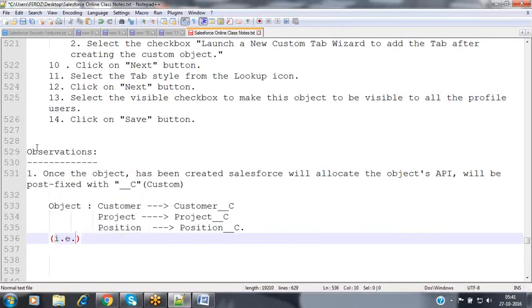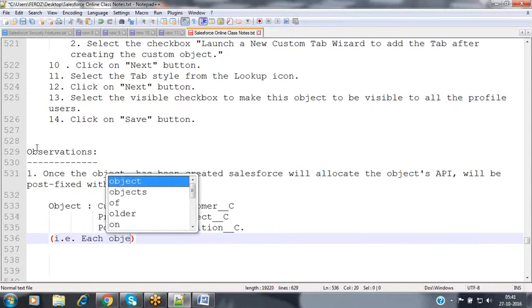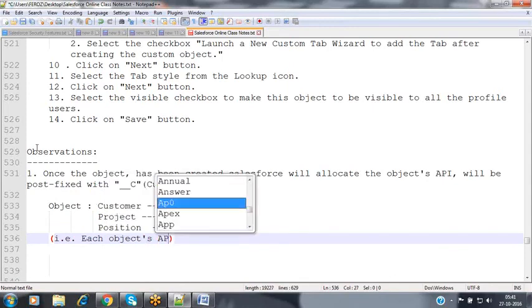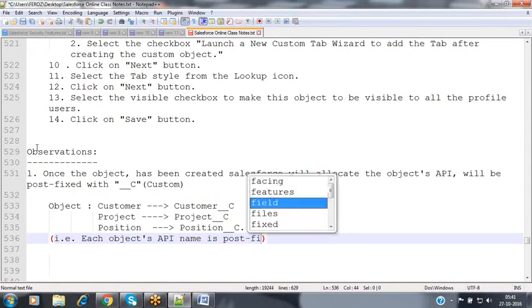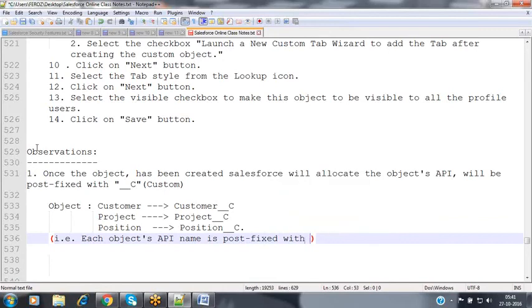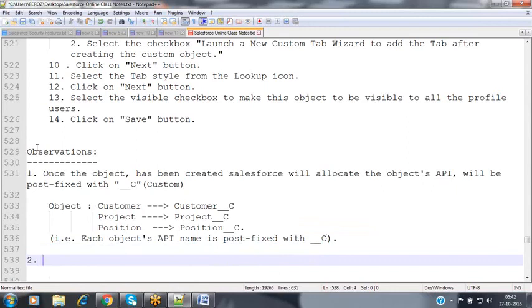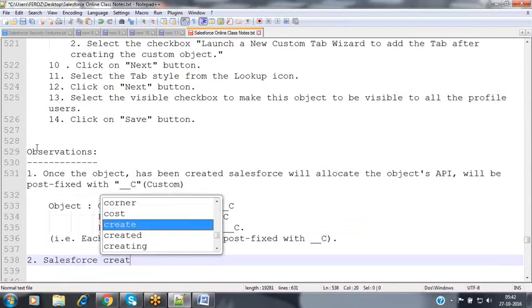Okay. Now, each object's API name is postfixed with __c. Now, the second one.